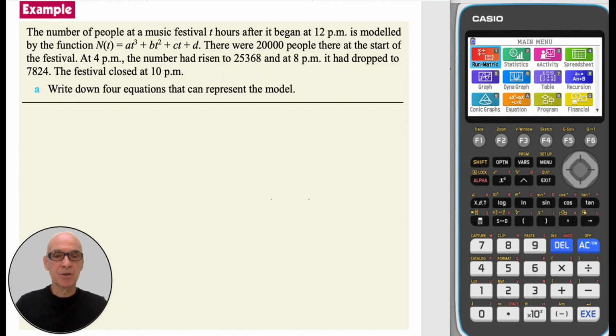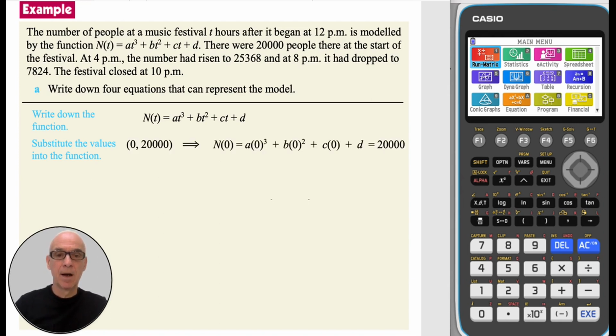In this question, we're asked to write down 4 equations that can represent the model. If we begin by writing down the function and then substituting the values into the function. At the start of the festival, that's when t is equal to 0, there were 20,000 people there. At 4 p.m, that's when t is equal to 4, the number had risen to